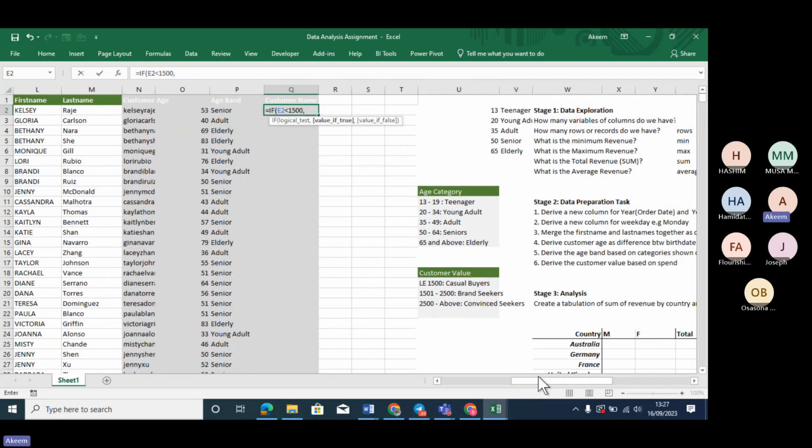Double quote, sure buyer, double quote, comma. So if it is less than 2,500 now, start again with our IF function again. IF